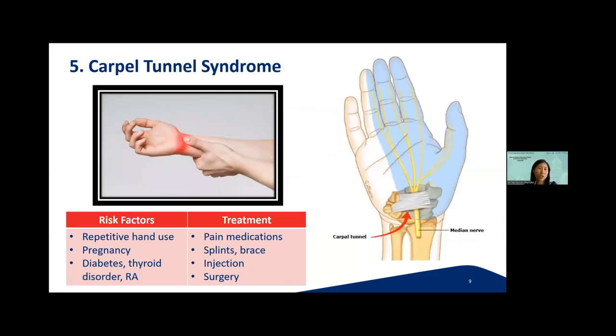Now, the last condition for today is carpal tunnel syndrome. It is a common cause of hand discomfort whereby the numbness or tingling sensation is experienced in the palm region on waking up in the middle of the night or in the morning, because one may be holding the wrist in certain positions during sleep, whereby one is not aware of, and it results in compression of the nerve that's running through the wrist.